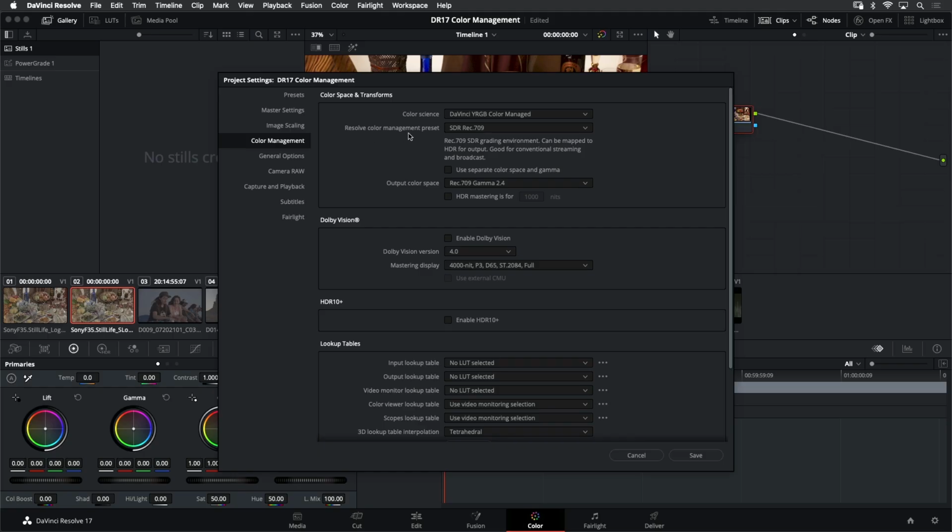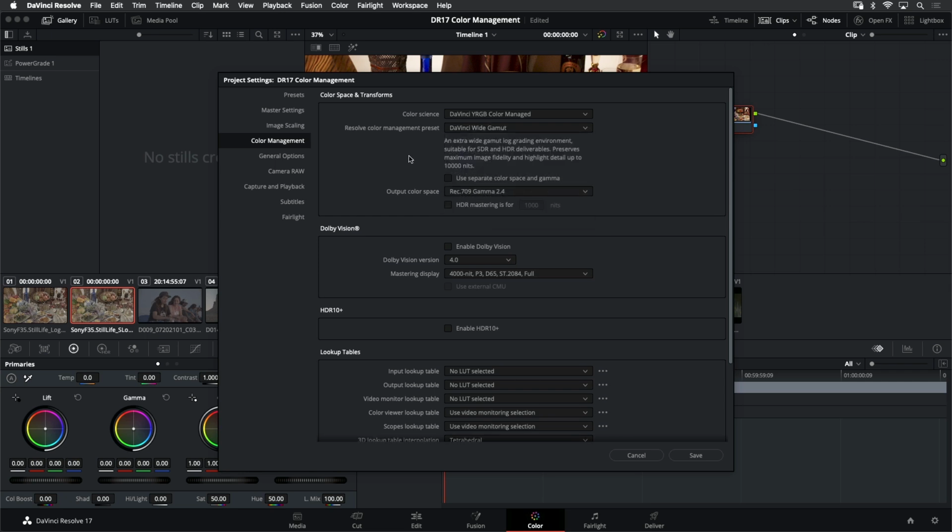And when I do, we're going to see that our menu items underneath change once again. Now, by default, we have this Resolve Color Management preset option, which gives us a very convenient way to quickly get our color management set up. I'm going to go to DaVinci Wide Gamut. And you'll notice that when I am using this preset, I actually don't have a drop-down menu for setting up my input color space. I'm going to need to do that at the individual shot level when I'm working with